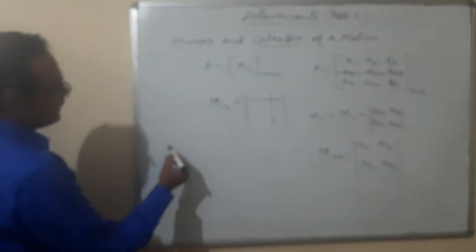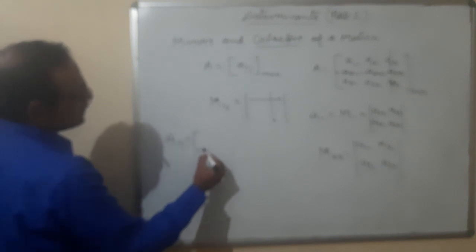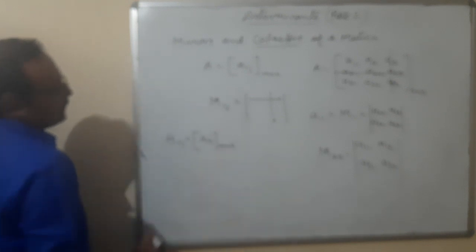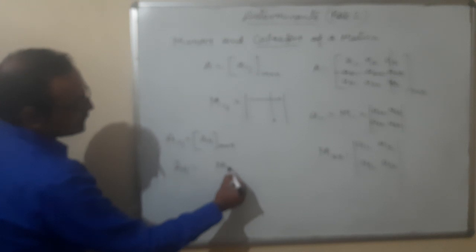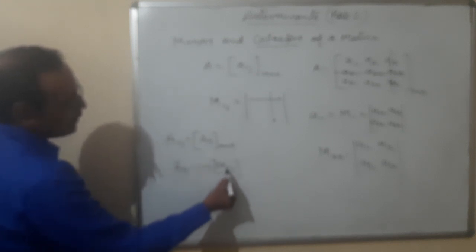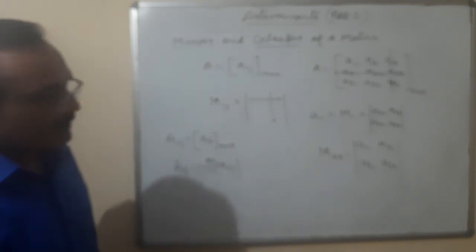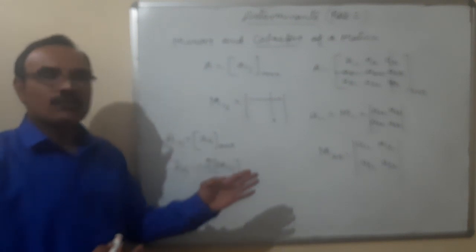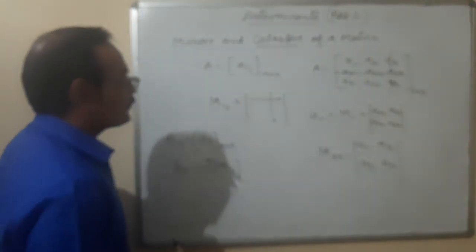Cofactor is defined by Aij, which is equal to minus 1 to the power i plus j times Mij. Minus 1 to the power i plus j. So only this is the difference between minors and cofactors. That means minors and cofactors are the same. The only difference is, if you are going to find the cofactor